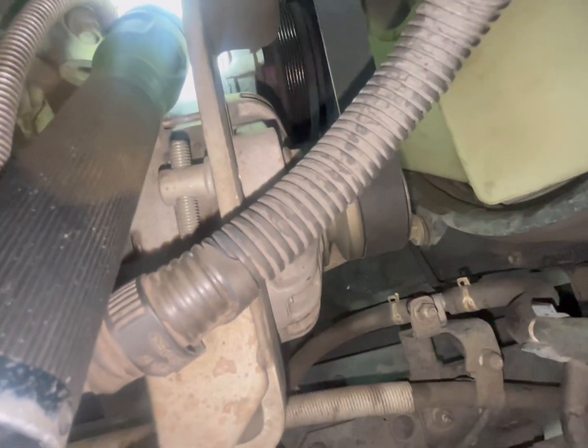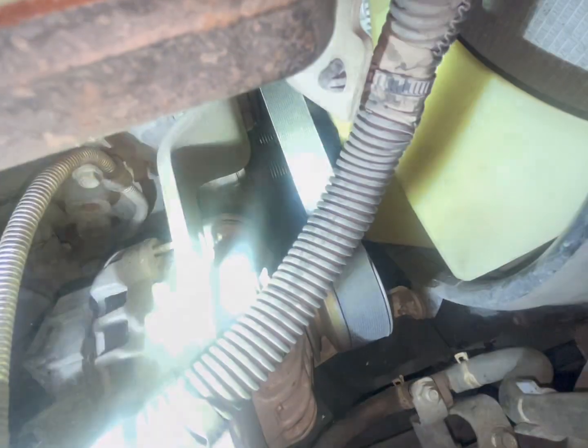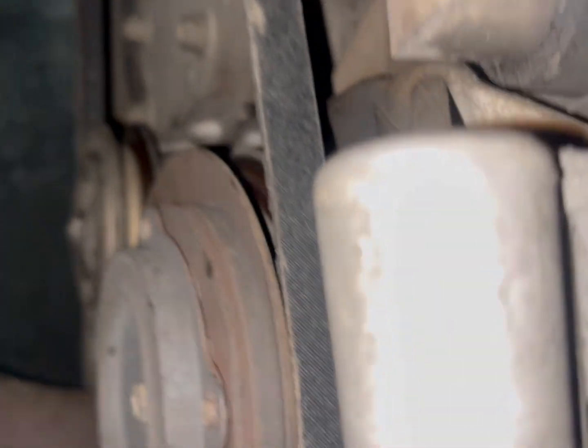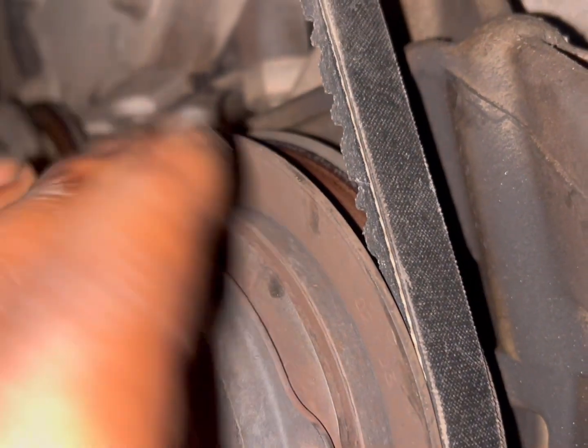Now we can tighten. Now we can tighten that back. I also wanted to point this out real quick. A good pulley, a good belt